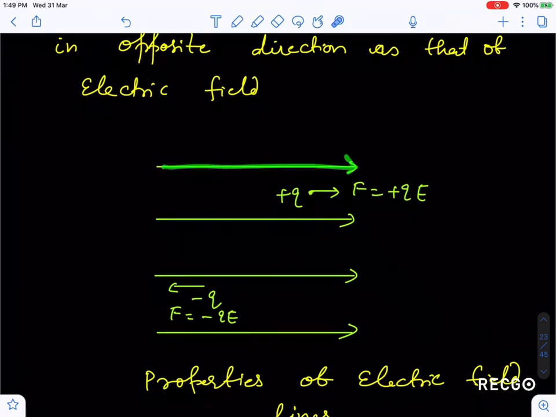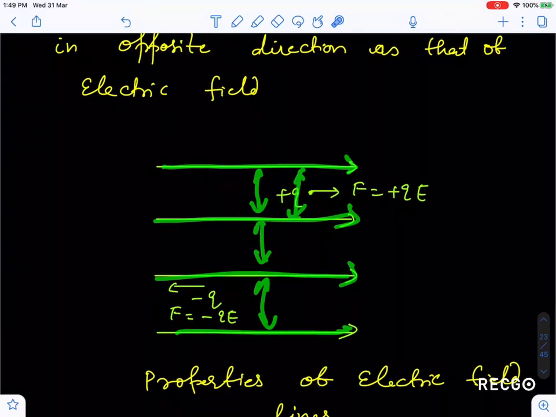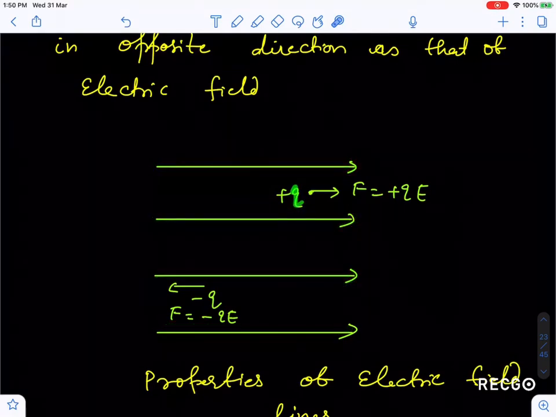So I have given the example. These are field lines, and you should keep one thing in mind guys, these field lines are uniform because the separation between two field lines is identical everywhere. So this is actually uniform electric field. I have kept charge q in this uniform electric field, so this will experience a force qE in the rightward direction, and if I put a minus q charge here, it will experience force in the opposite direction, so minus qE. So this you have to keep in mind. If you put a positive charge in electric field, it will experience force in the same direction of electric field. If you put a negative charge, it will experience force opposite to the direction of electric field.